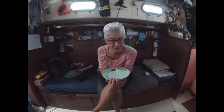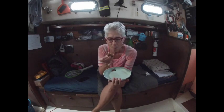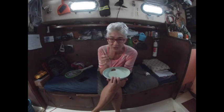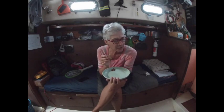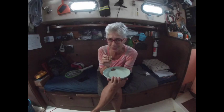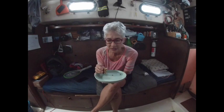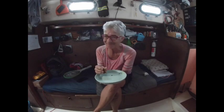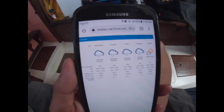And now for my favorite time of the day, breakfast. It's really good too. People often ask what I eat, and I answer that I don't enjoy cooking, but the egg sandwich is definitely a staple, as is the bread and the cheese, and or crackers and cheese when the bread gets low. I also sometimes buy carrots and hummus, which I could be making, but I'm not because I'm lazy. Honestly, I would rather be grinding fiberglass than cooking, so yep, six weeks since my surgery today,